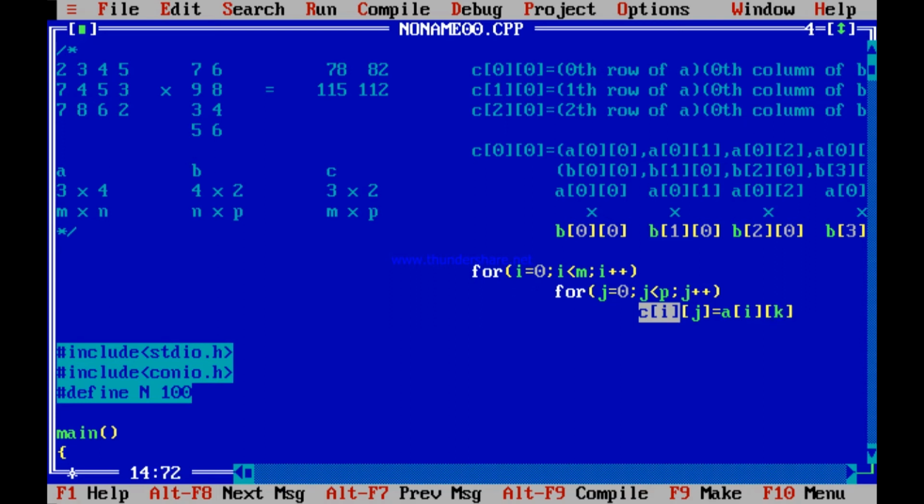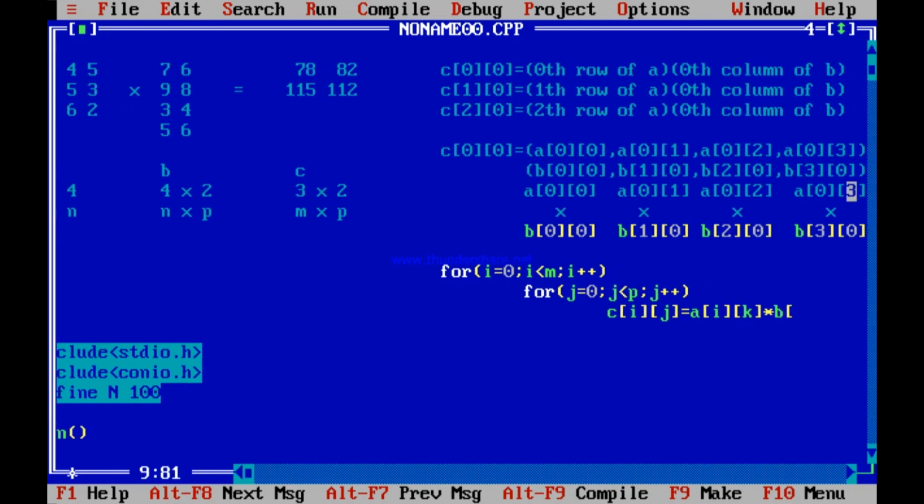Aik, some other k, into B, same k. If this is 0, this is 0. If this is 1, then this is 1. If this is 2, then this is 2. If this is 3, then this is 3. So it is Aik into Bk.